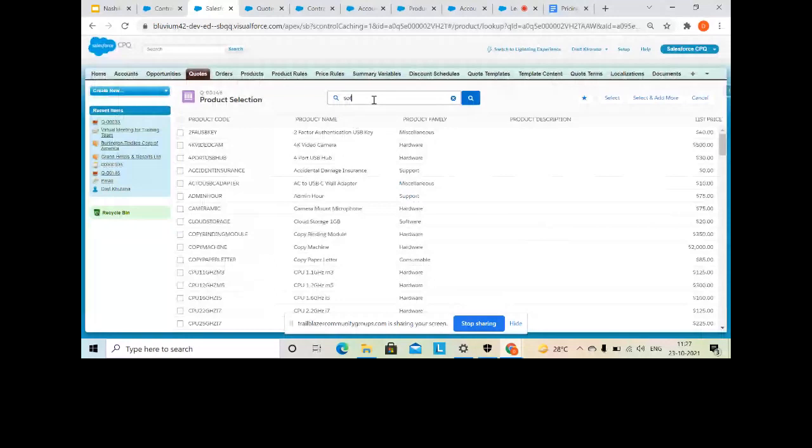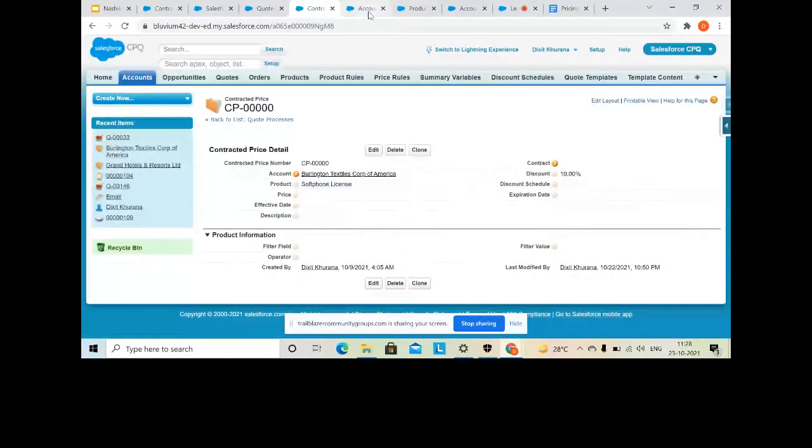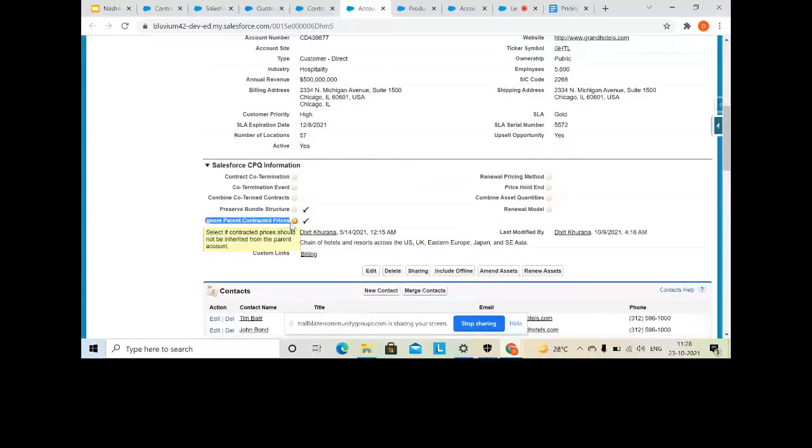And if you see, now it is showing $25, right? Okay, let me check what's happening. Account is this. Let me go to here. Now, if you see, this is the checkbox, ignore parent contracted price, right?